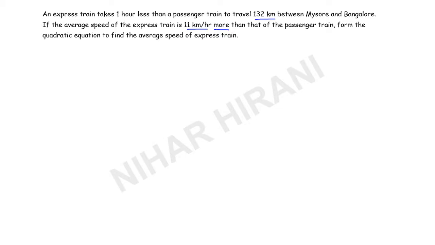So here first of all we will suppose the speed of normal train, I will call it NT, normal train, and its speed is x, and express train I will call it ET, that is x plus 11, and both are kilometer per hour. Now if you know the formula for speed, distance and time, then you can solve this very easily, and I will try to explain as fast as I can and use the simplest language I can. So here I will write D S T, and this triangle will help you to write all the formulas of speed, distance and time, I mean basic formula.